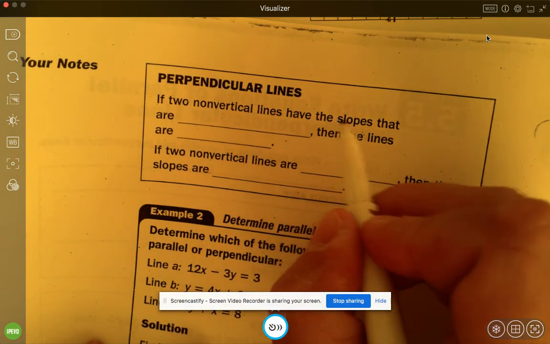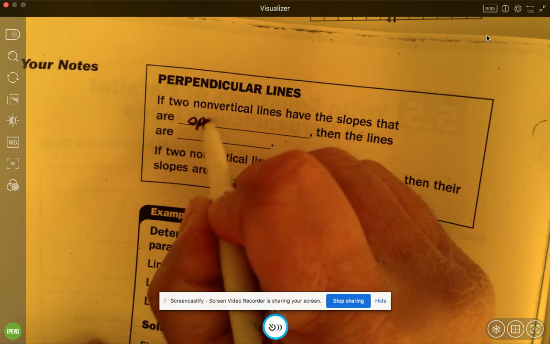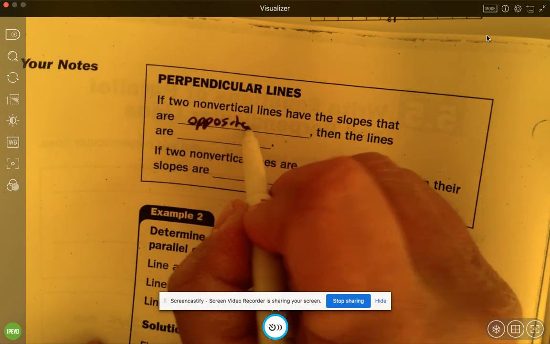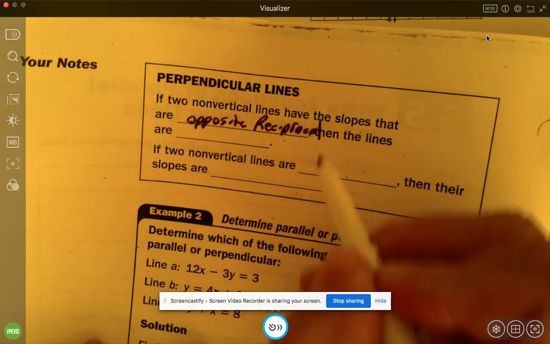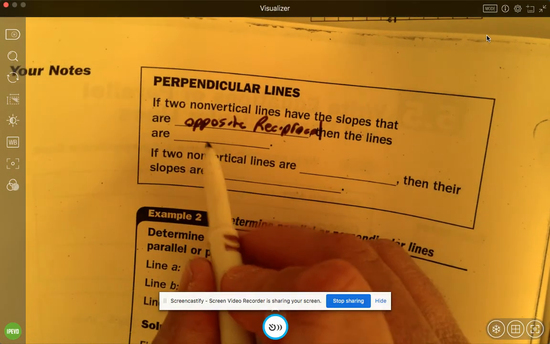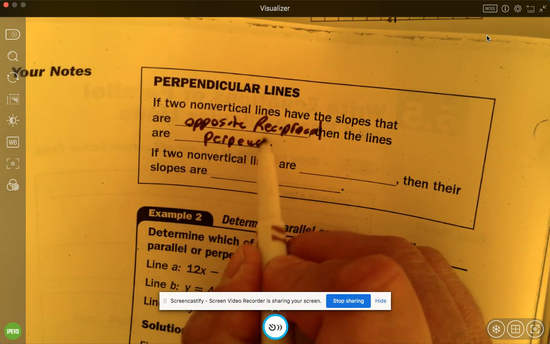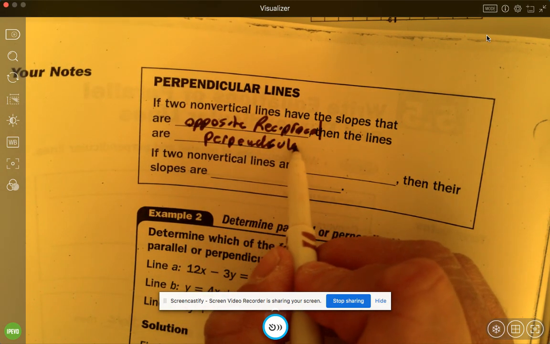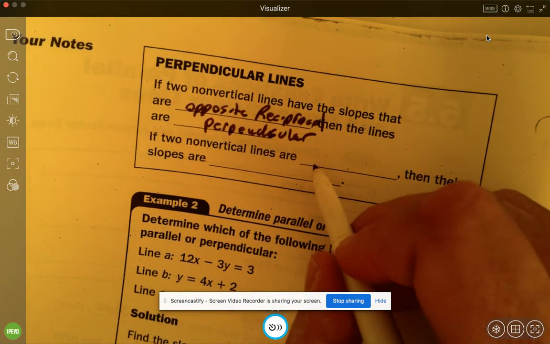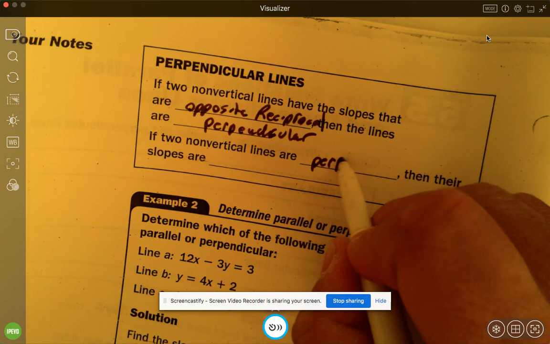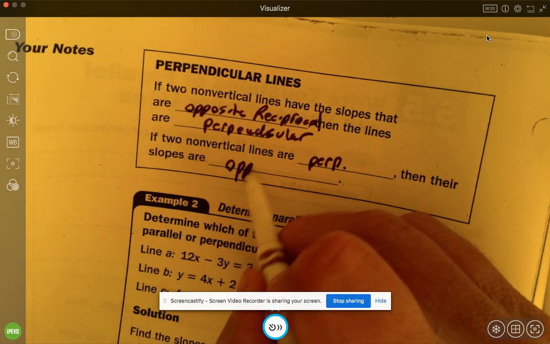So two non-vertical lines whose slopes are opposite reciprocals are perpendicular. And just like it says the other way around, two non-vertical lines are perpendicular if the slopes are opposite